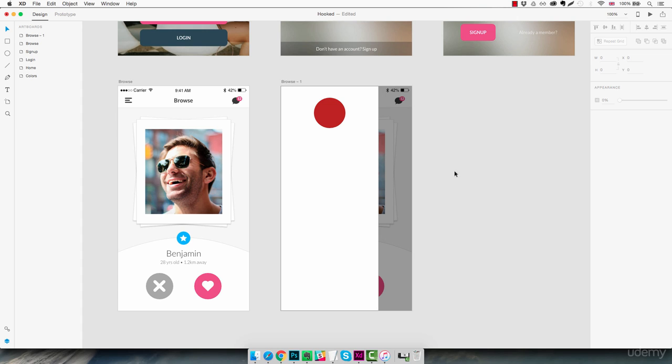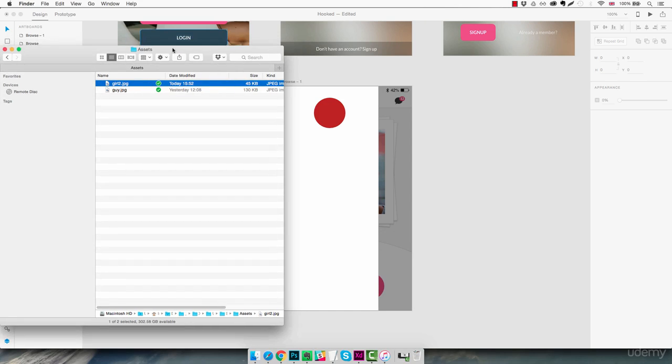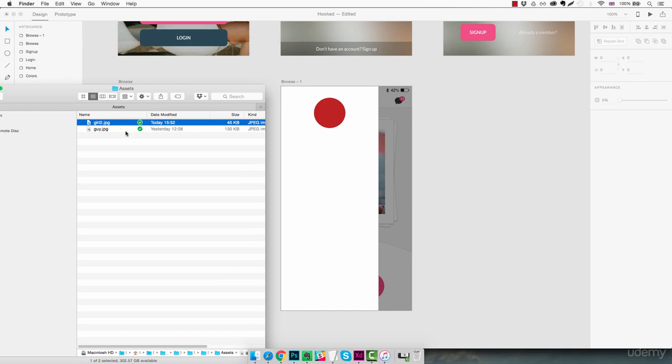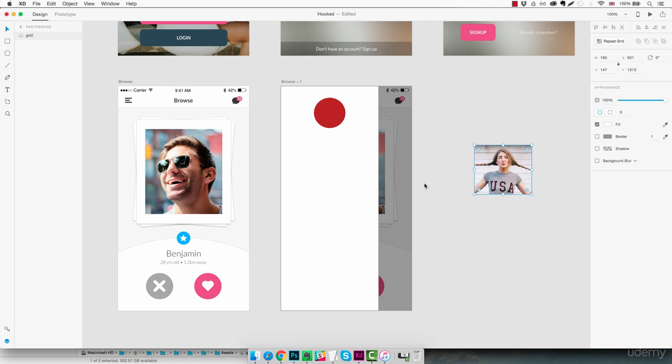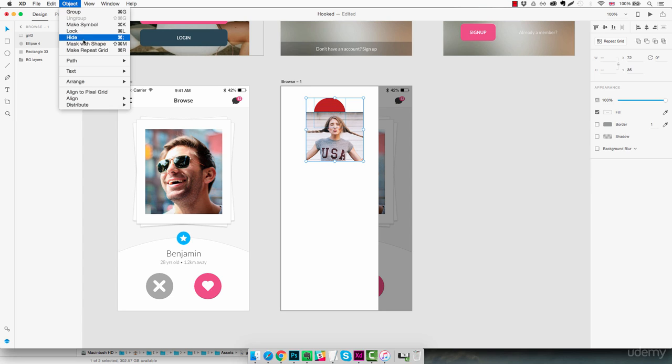Okay, so now we're gonna add a little picture here, which we already saved. We can find it in Finder, this picture here. This time I'm not just gonna drag it in the middle of the shape because I want to select the portion of the picture which is gonna be visible. So I'm just going to drag it out somewhere outside of our artboard, like here. I'm gonna get this and drag it into our artboard, and then I'm gonna select this picture, and then with the Shift key I'm gonna select also the ellipse which is in the background, and then Object, and we're gonna